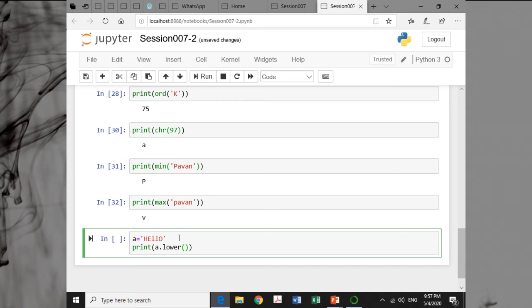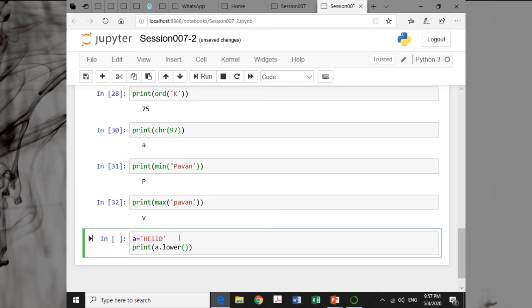The len function, chr function, str function, min and max are not methods, they are functions, which take an argument of any sequence of any data type. But here we are talking about lower, upper, title and capitalize.